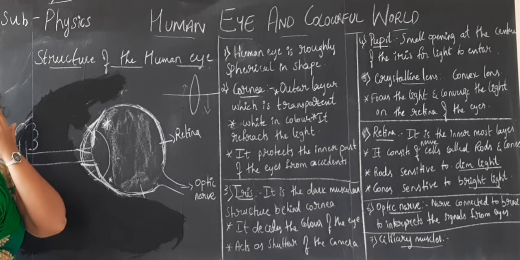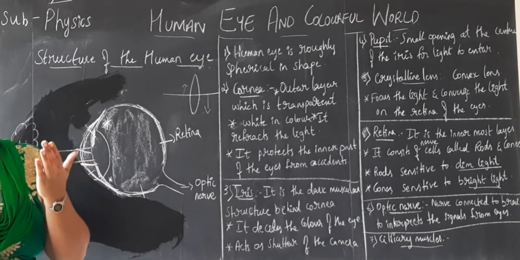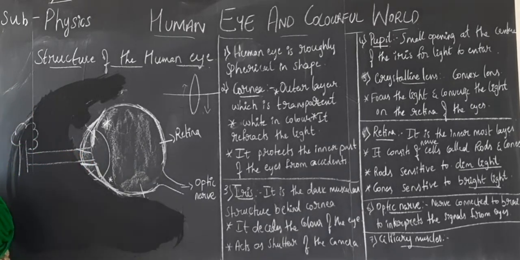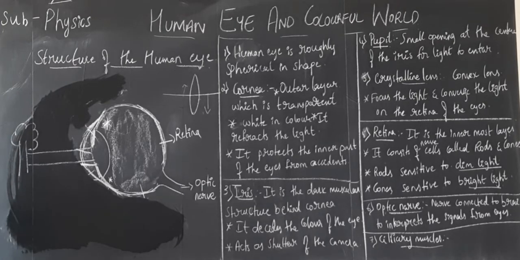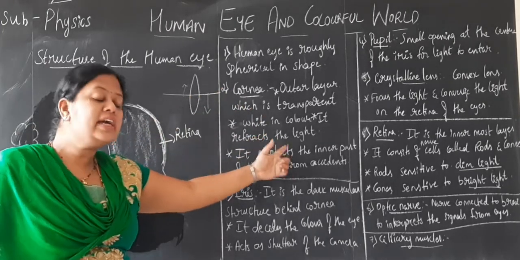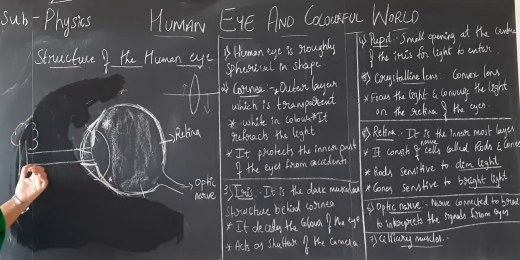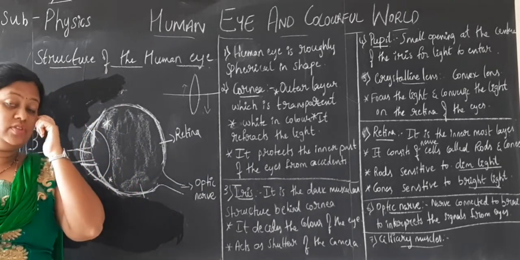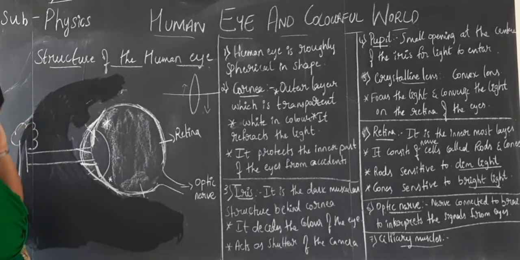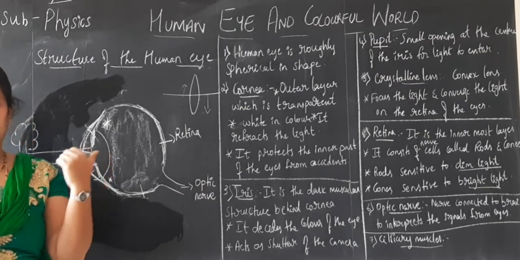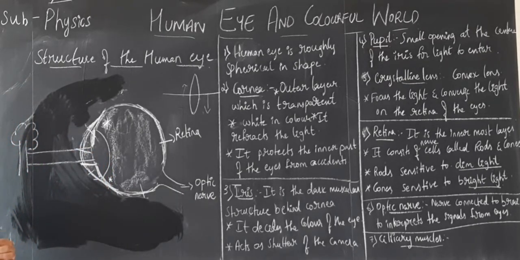The light will first pass through the outermost layer of your eyes, that is the cornea. Isn't it, children? Light enters through the cornea. Cornea is a transparent medium. It refracts light, I said. Light is entering from air into the glass medium, say for that sake. Again, after crossing the cornea, it has the liquid there, which is a water medium.